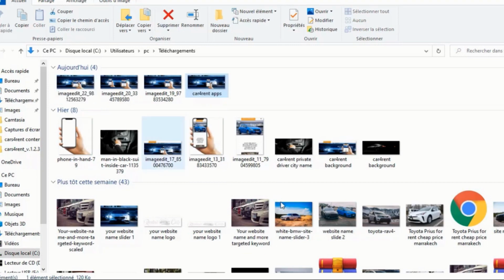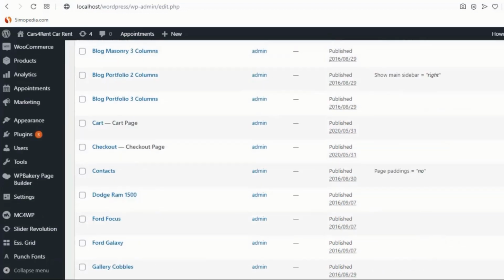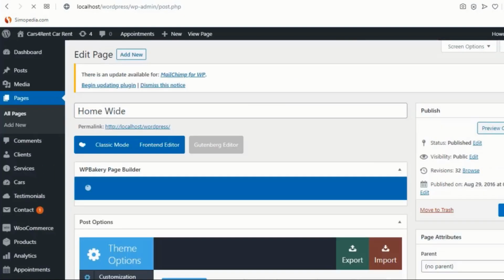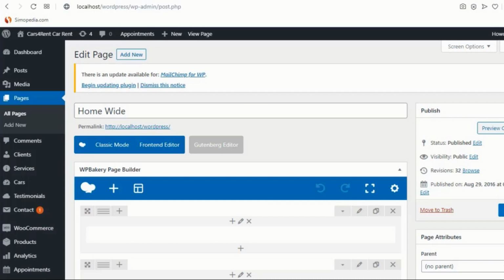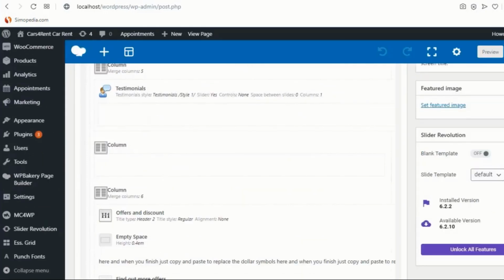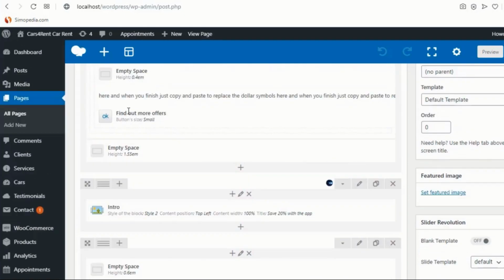Just go in pages, and then main page, click edit, and then just go into the middle, and it's going to be right here. Right handle, find out more offers and those things. Just click on this pan,